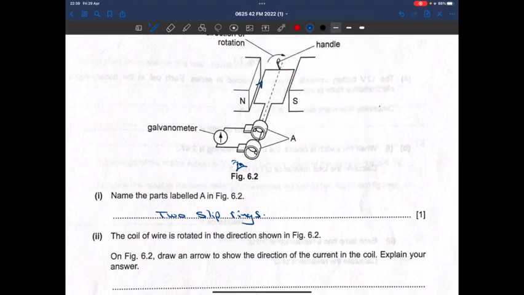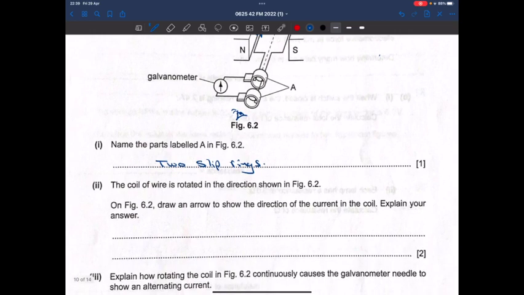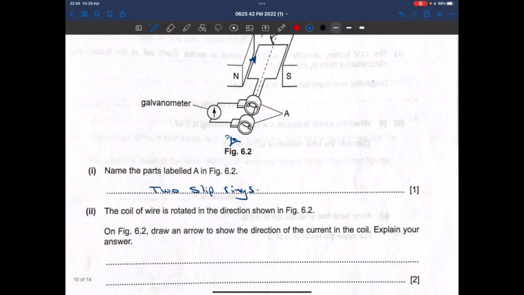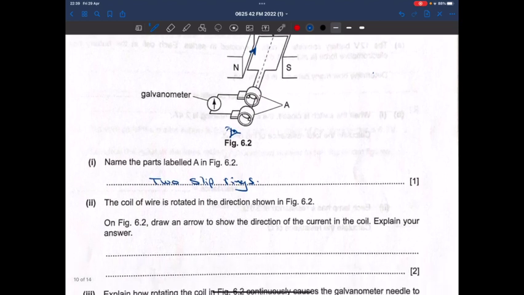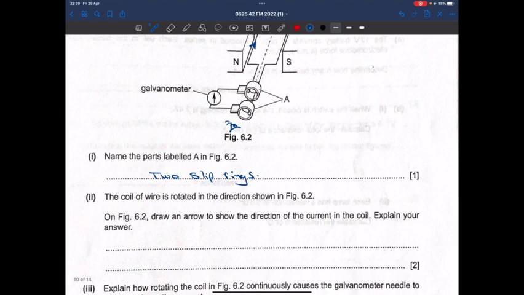So the direction of the current is into the beige in this arm. One arrow is enough, right? And they said, explain your answer. There is no explanation here except you could mention that you are using the right hand rule because this is a generator. So I could say here, by using